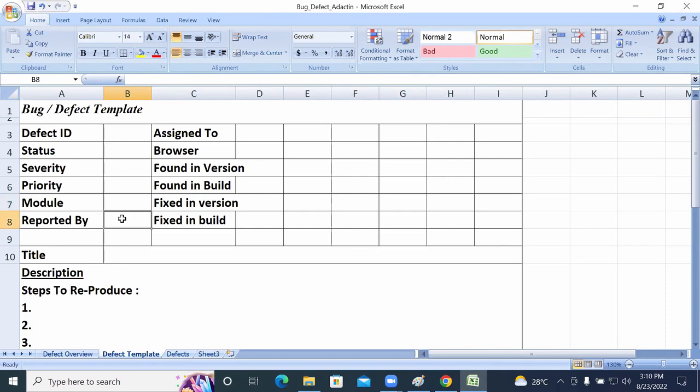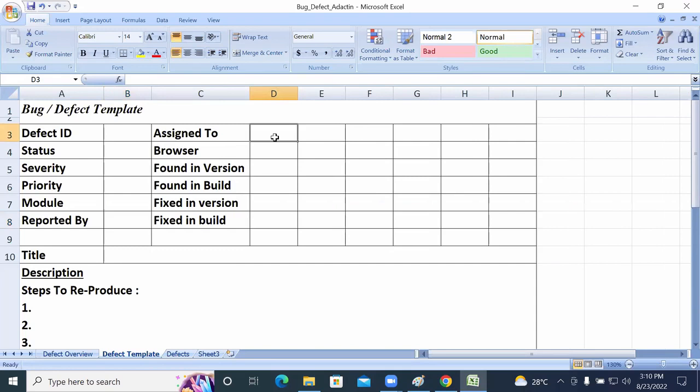Reported by. Reported by is the tester. We need to provide the tester name. Reported by, we need to consider the tester name here. What is the next one? Assigned to. Assigned to is, to whom you will assign? Will assign to the developer, who fixes the bug. So assigned to is